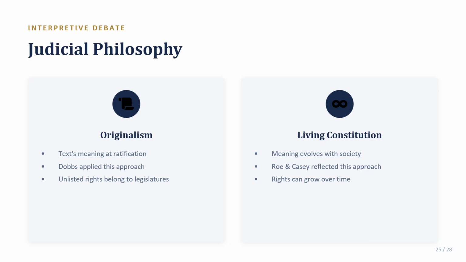Okay. But a serious critique of that approach is that critics argue it risks substituting judges' own contemporary policy preferences for the actual text and structure of the Constitution, and that it can make constitutional meaning feel unpredictable and dependent on which judges happen to be sitting on the bench at a given moment in time.